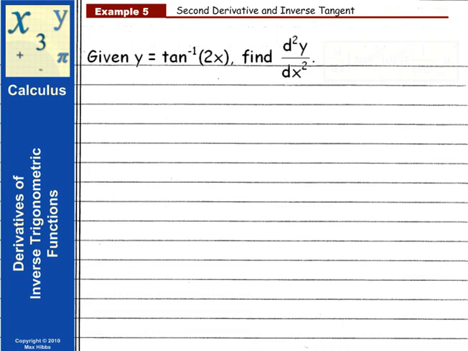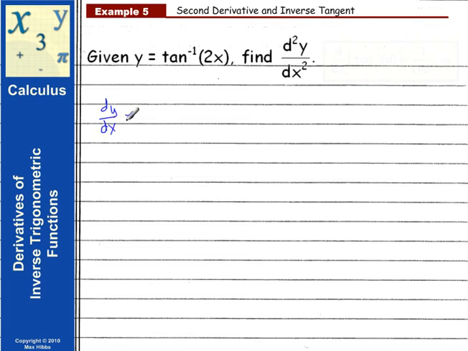As you can see, our fifth problem is asking us to find a second derivative. And we recall this notation for second derivative. We've got y, our function y equal inverse tangent of 2x, and we're asked to find d2y over dx2, or the second derivative of y with respect to x. Now, that means, of course, we have to first find the first derivative. So step one is determining dy dx,